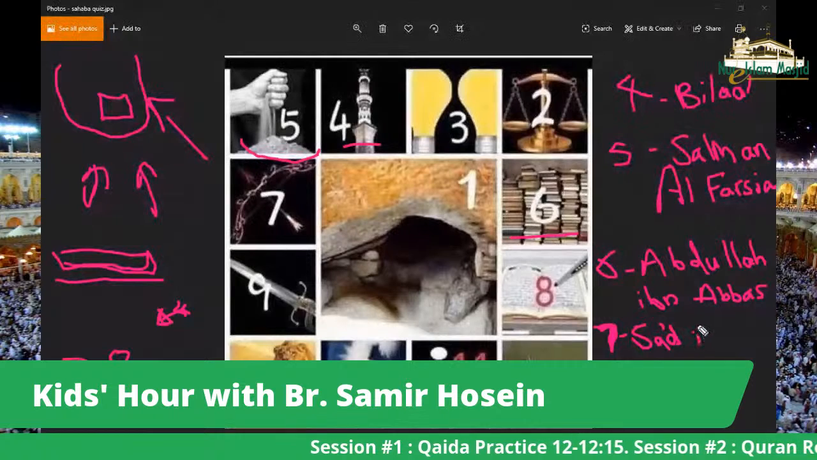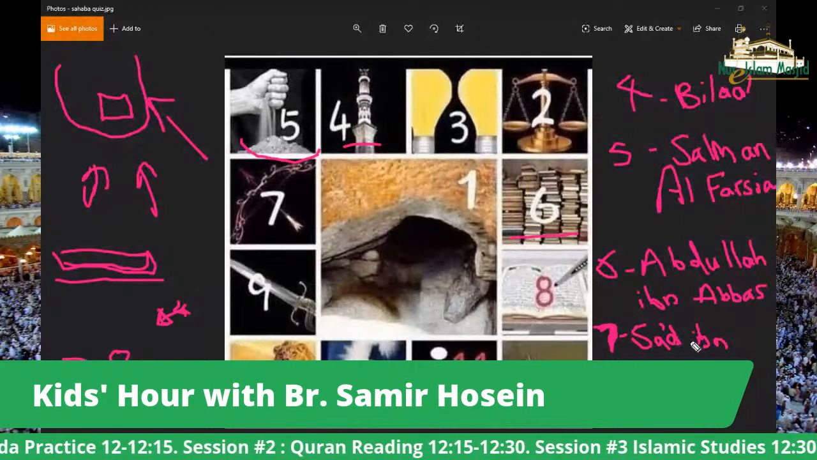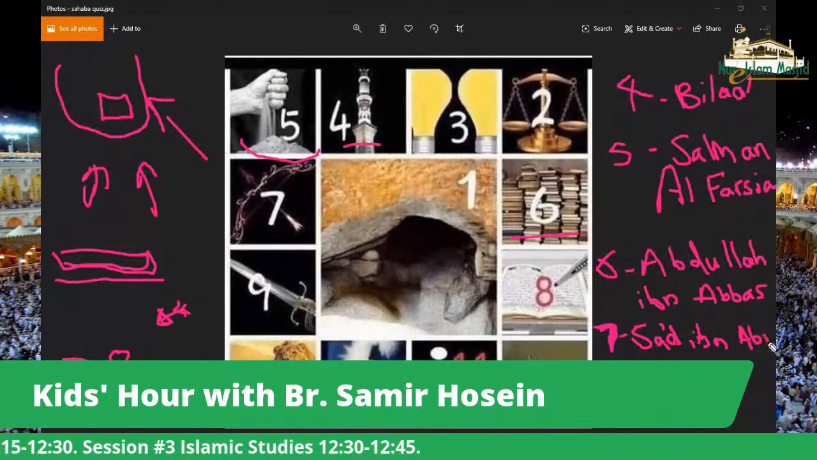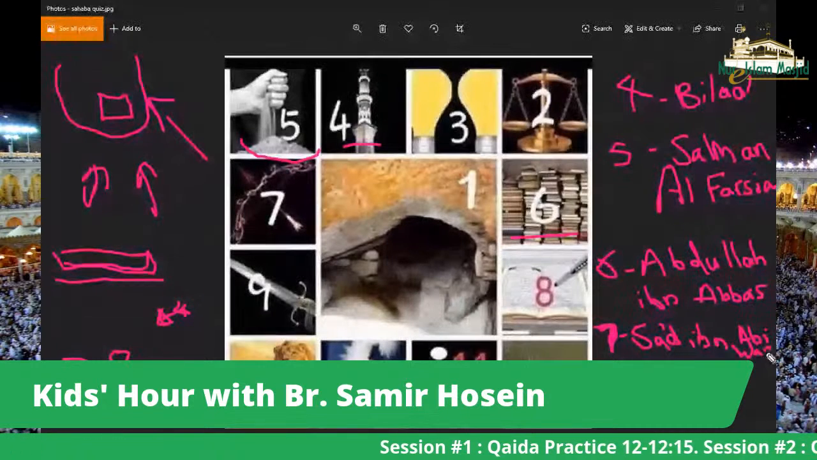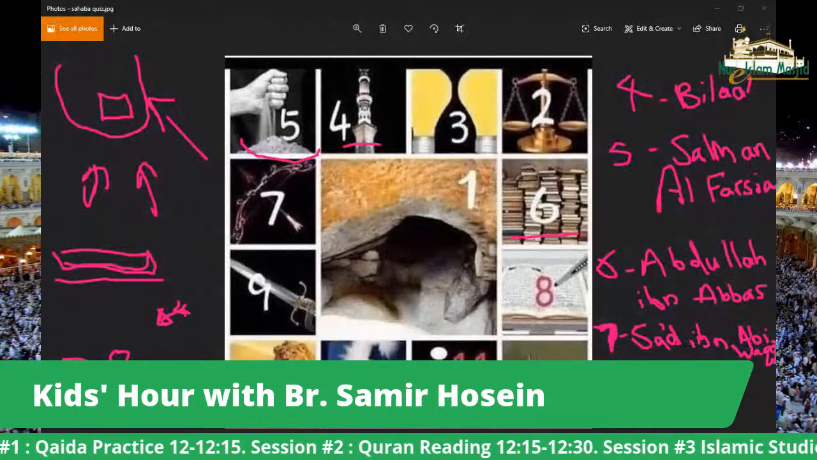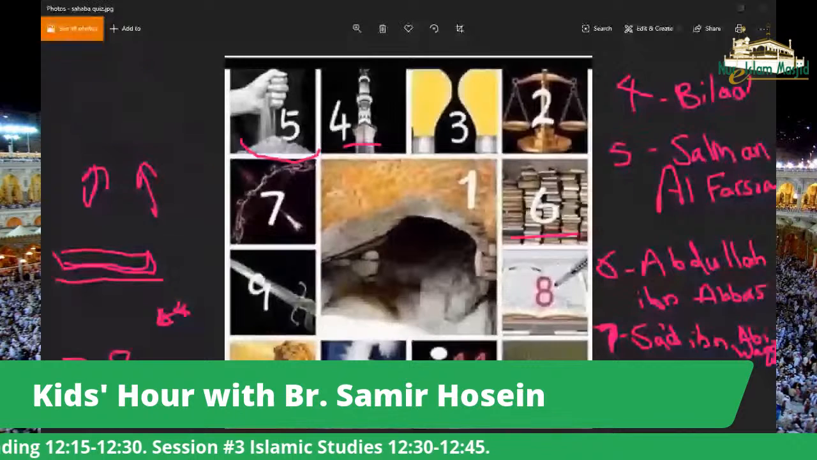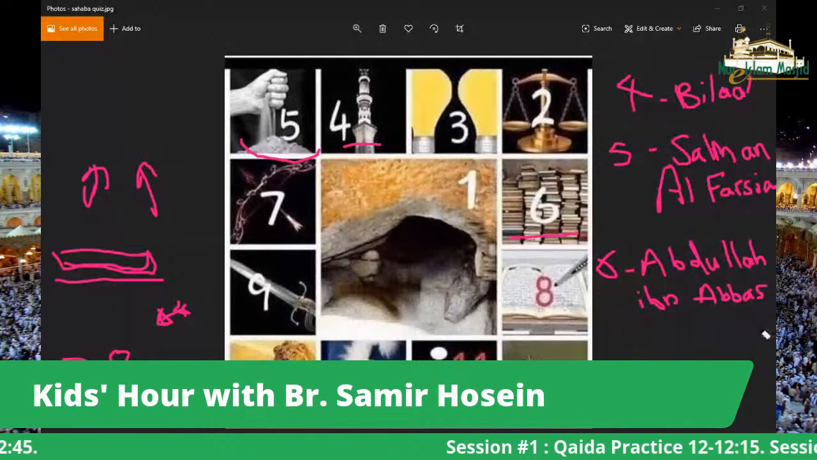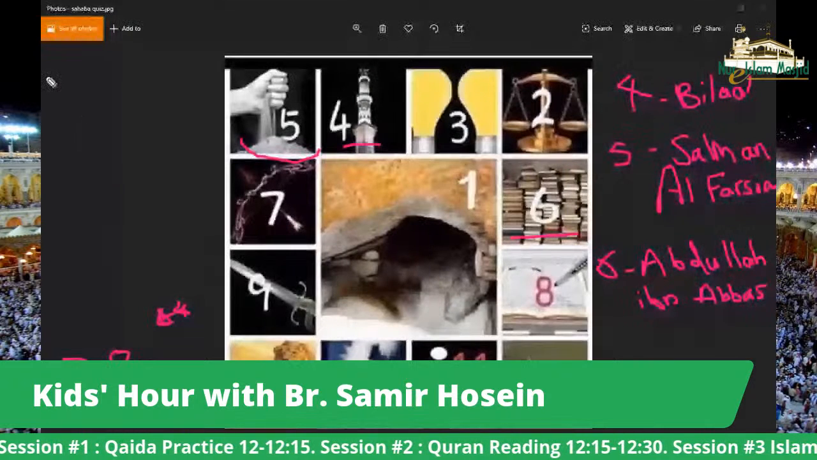Sa'd ibn Abi Waqqas. See if I can fit it in here. Seems not. So I'll just write it on top here. So Sa'd ibn Abi Waqqas